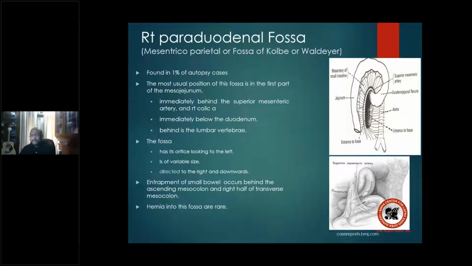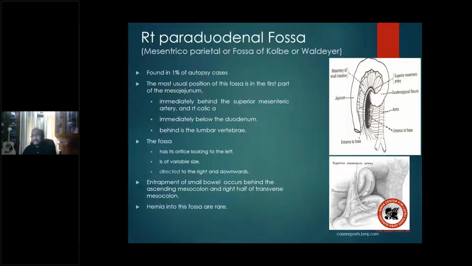So it's very, very important to understand that the free fold of the mesentery forming the anterior boundary of the opening of the fossa houses the superior mesenteric artery, right? And that is why it is very, very important. It also has a branch of the right colic artery. So also in the left paraduodenal, you had a vein and an artery. What was the vein? Inferior mesenteric vein. What was the artery? The ascending branch, the left colic artery.